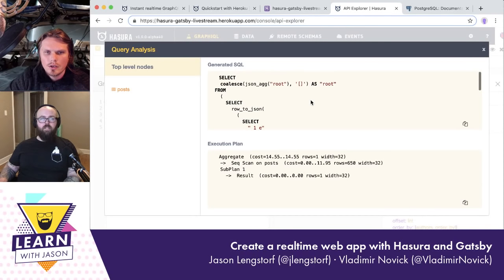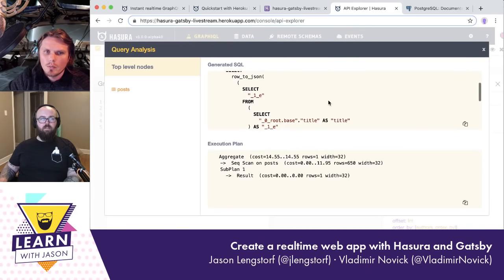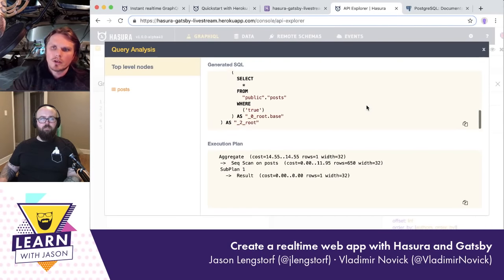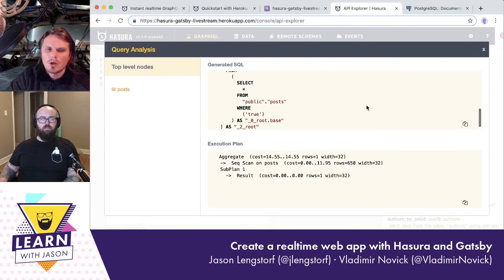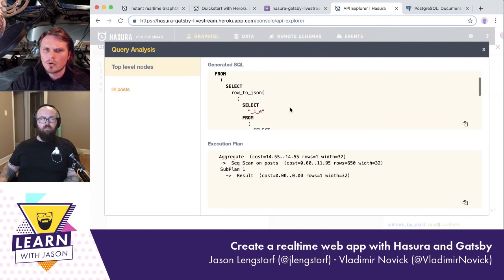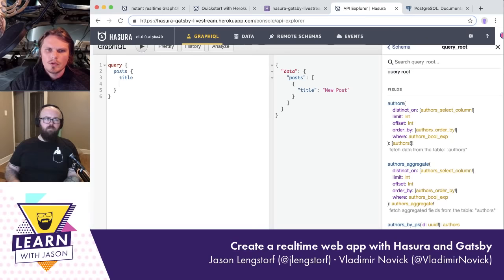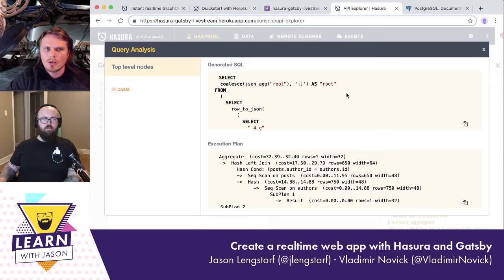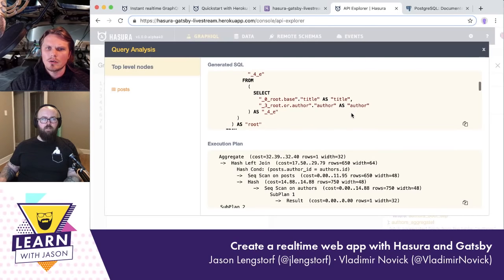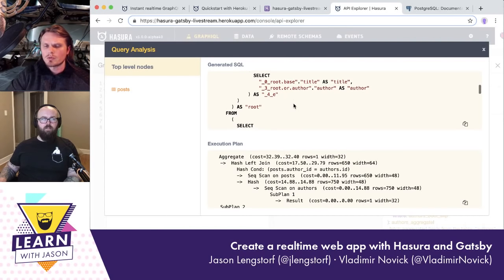So actually, the engine compiles instead of just connecting to a database. Well, it still connects, but what it does is compile your GraphQL query to SQL, only for queries, right? And executes them on the database. So you can, for example, copy this and send it to your DBA and ask, you know what, I'm not sure if it's performant enough for my use case, right? And he'll probably tell you, okay, if it's not performant enough,